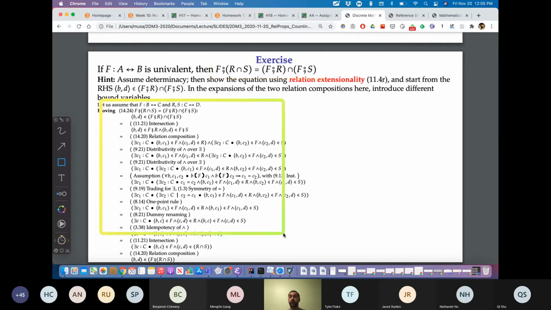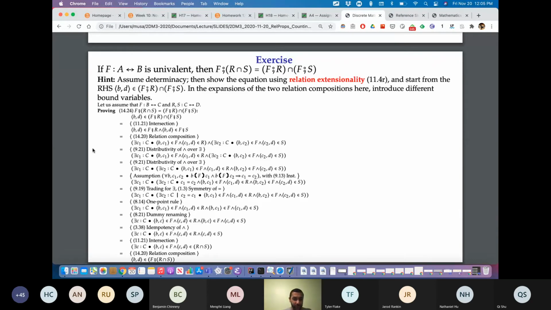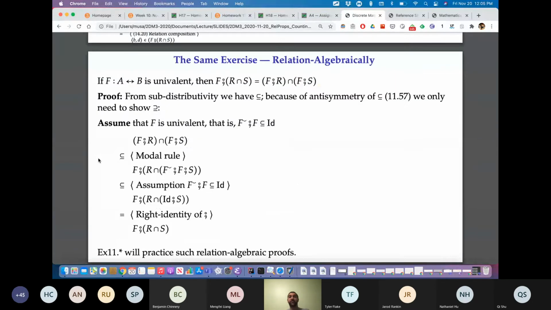And here's a really, really ugly proof. And it's so hard to read, and it's so long. If I have to zoom it for you, it's just a mess. But if you use the higher order language of just compositions, modal rules, meets, identities, it suddenly becomes a 3-step proof. So that's cute. This is 1, 2, 3, 4, 5, 6, 7, 8, 9, 10, 11. This is about 12 steps, and now it's 3. So you divide by 3. It's a third of the effort if you use a relation algebraic proof style.